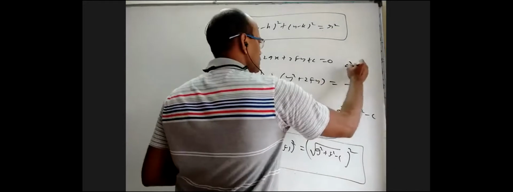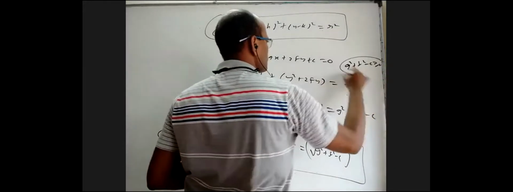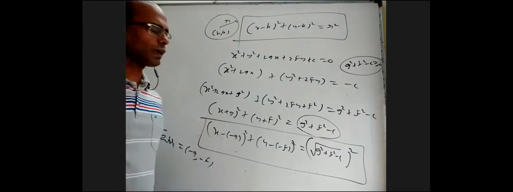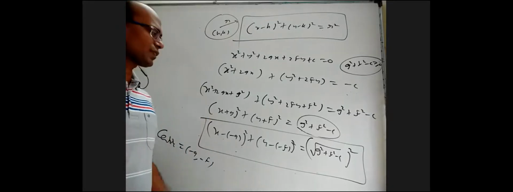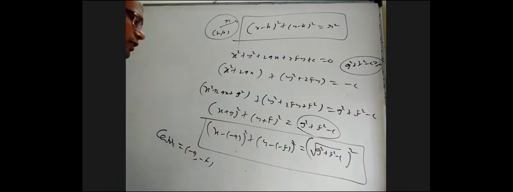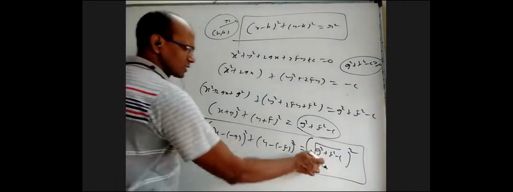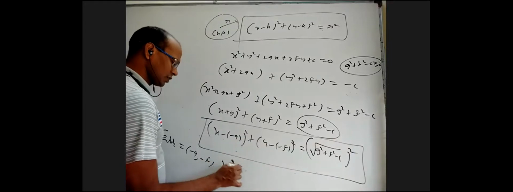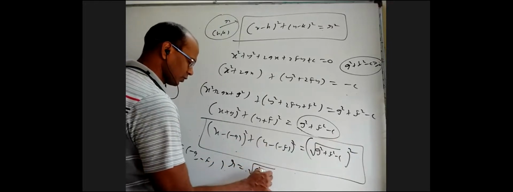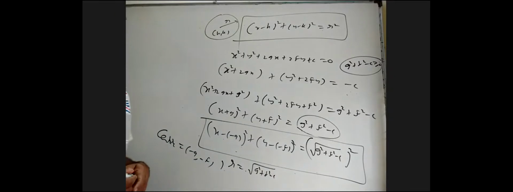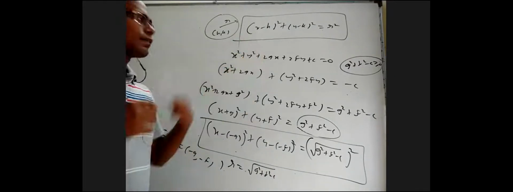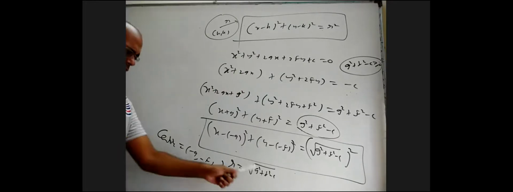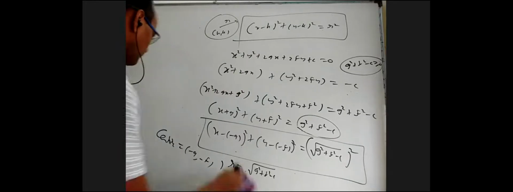So one of the conditions for this to represent a circle is that g square plus f square minus c should be greater than or equal to 0. Whenever it is negative, no real number or no x comma y, no point in the xy plane satisfies this equation. So this equation represents nothing. And the radius, this r square, if we compare, that radius is equal to root over g square plus f square minus c. So when center and radius are given, how to find the circle equation is this formula. And when the circle equation is given, how to find center and radius, this is the formula: minus g comma minus f and root g square plus f square minus c.